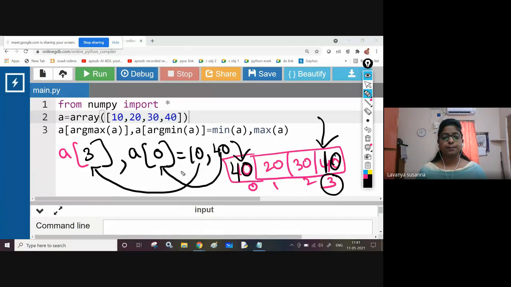Is it clear, students? Have you understood? See, please respond. How to solve this problem?